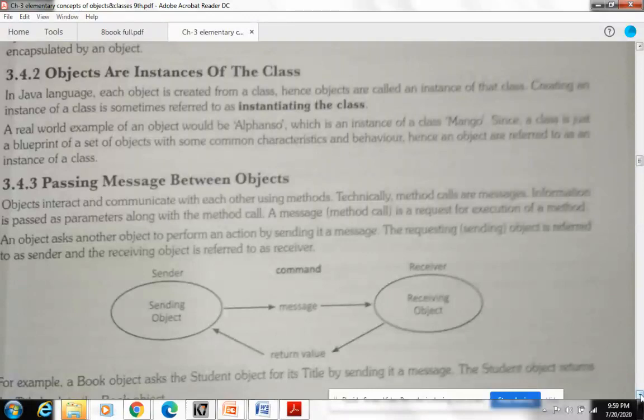If I want to subtract two numbers, I put different data. So at one time I have different values, at another time I have different values. So we can define that each object is created from a class, and that is why objects are called instances of that class. We are instantiating the class with the help of objects.